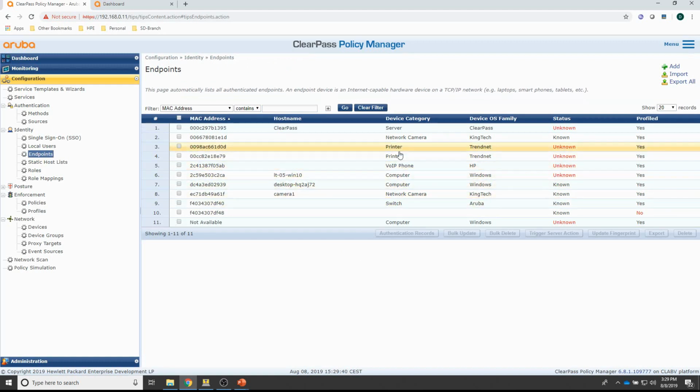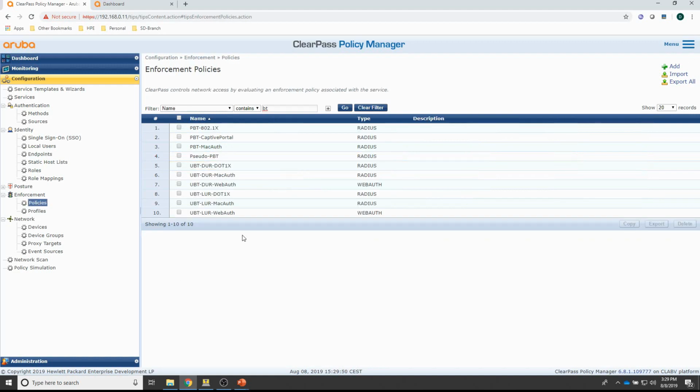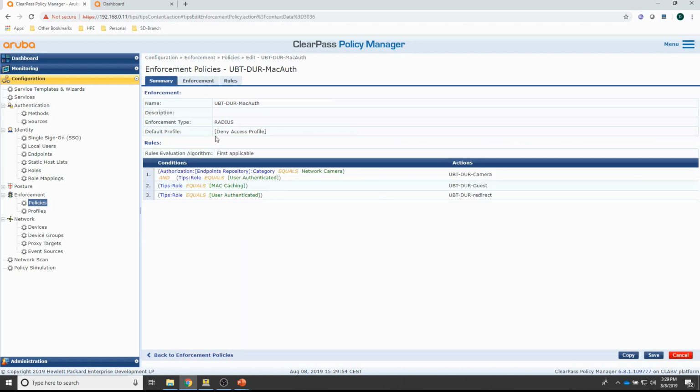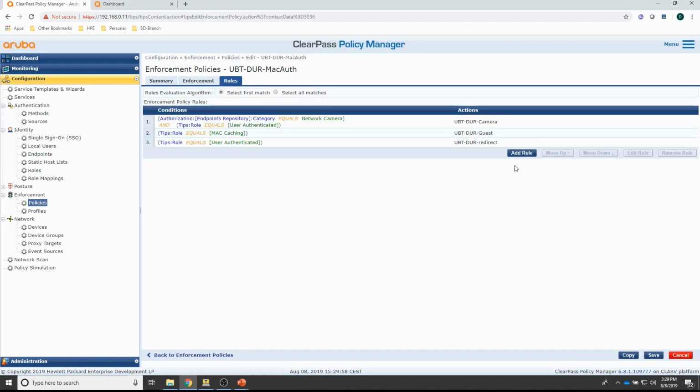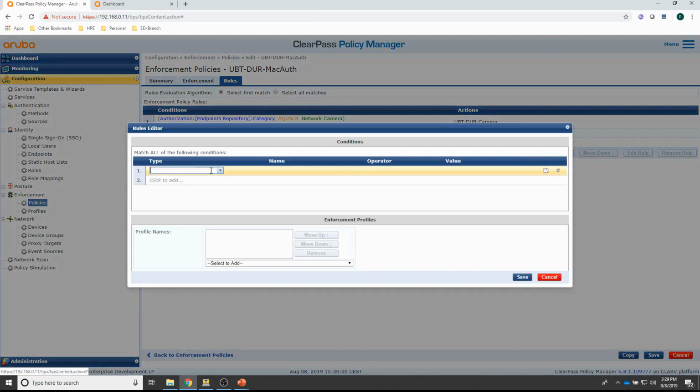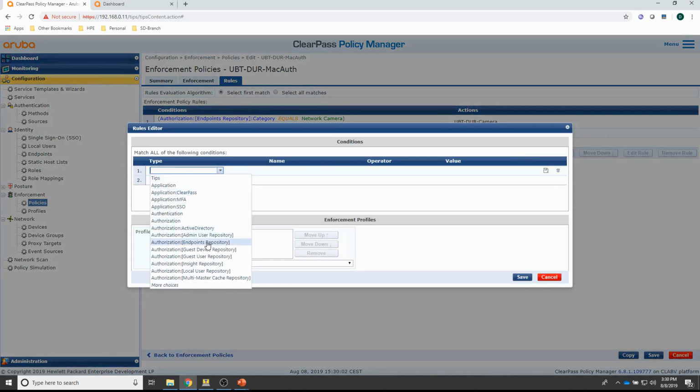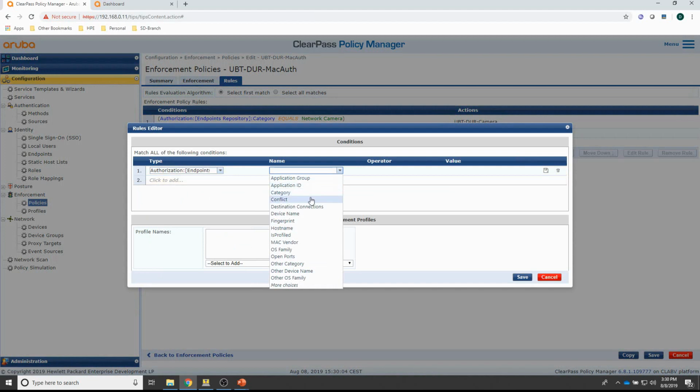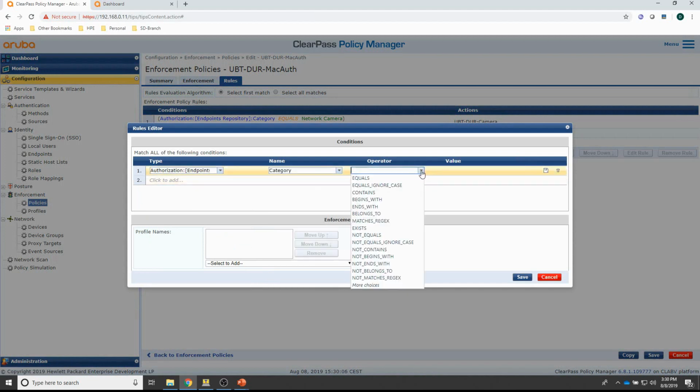So this is the phone, and it belongs to the device category VoIP phone. So I can classify on that VoIP phone device category. So moving back to policies, going to the downloadable user role MacAuth. What I'll do is I'll just add a rule with the condition. So checking the endpoints repository, the category equals